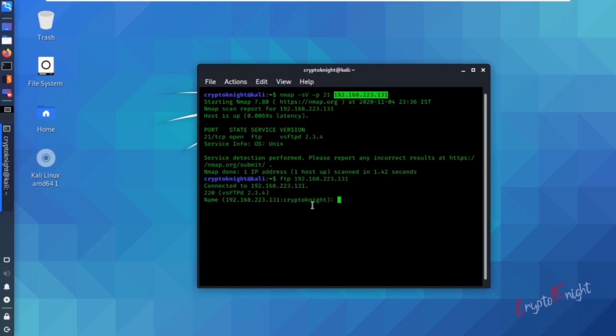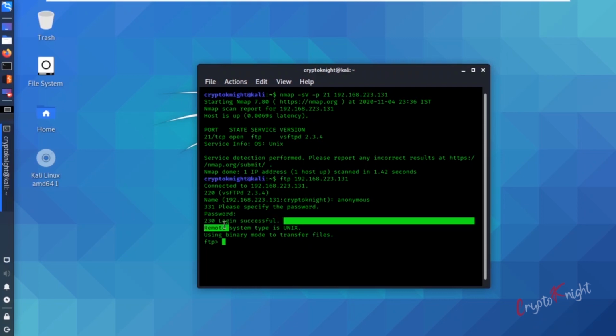Some machines are vulnerable because they allow anonymous login. So we can provide the name as anonymous and hit enter, and instead of a password, you can just hit enter. It will say login successful. That means we have limited permissions, but we are already inside the system through FTP.